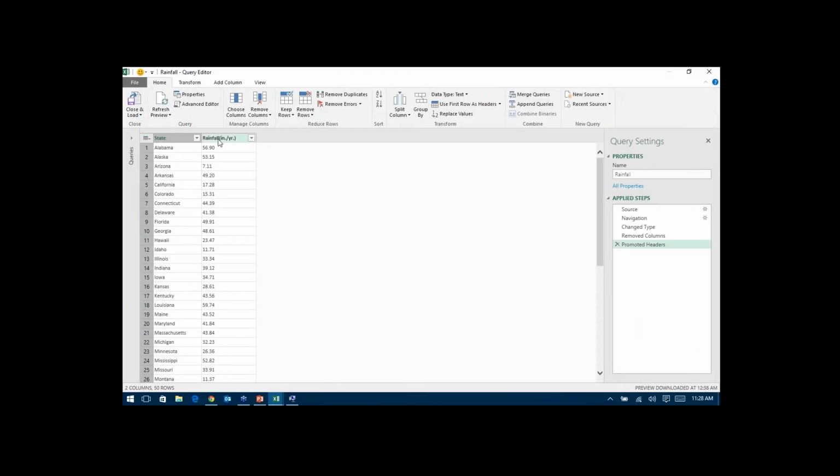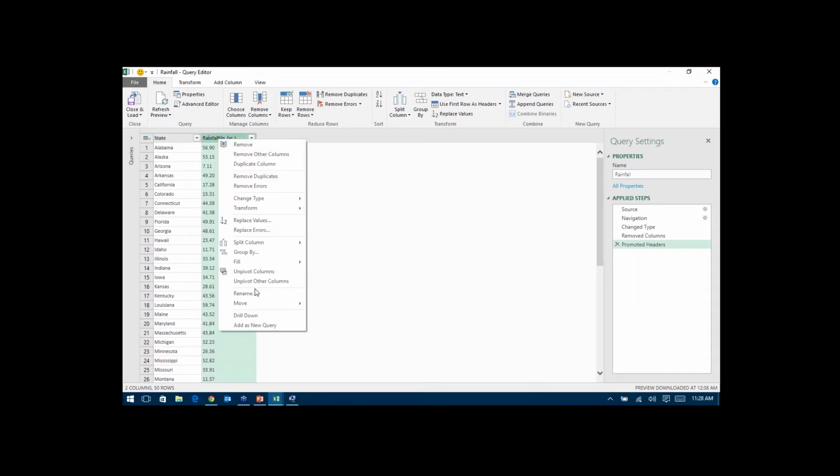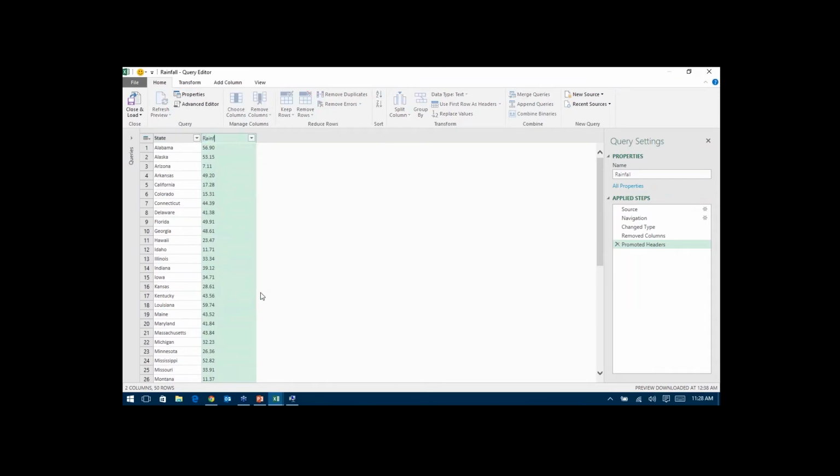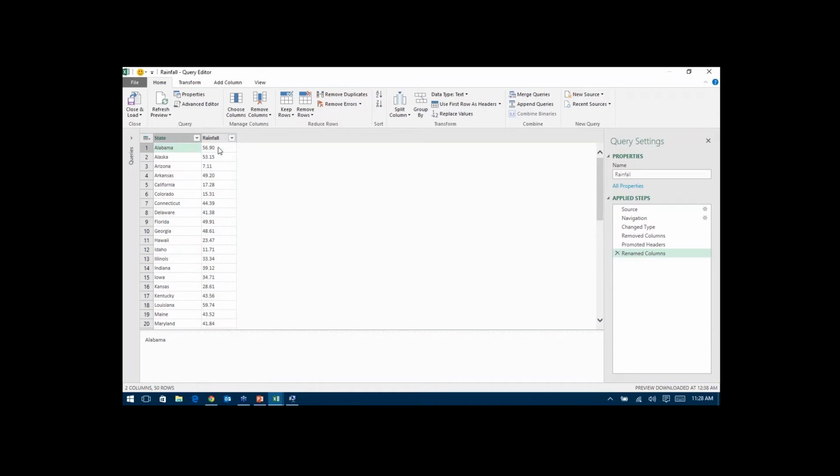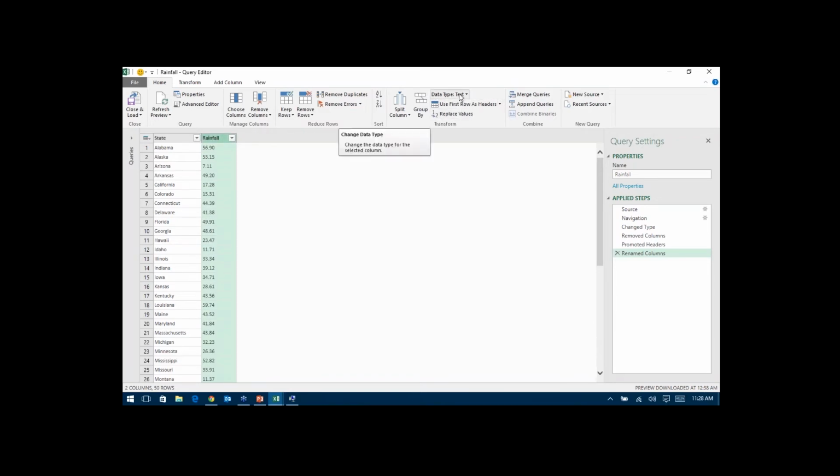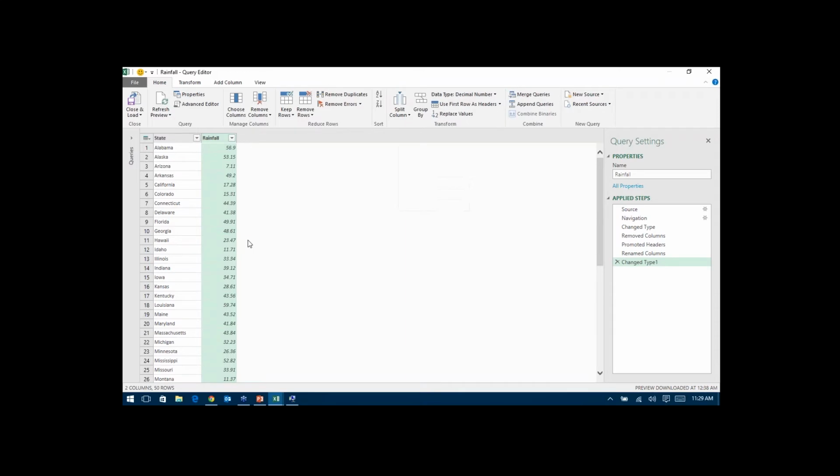The next thing I'm going to do is I'm actually going to rename this column here. I'm just going to right-click and do rename, and I'm just going to call this one rainfall. So I don't want all the ridiculous parentheses and all that stuff in there. Okay. And the last thing I'm going to do, you'll notice that the data, much like in Excel, my text values are going to be left aligned. And so since this is left aligned here, note this is a text value, I can also click over here on my ribbon, and you'll see the data type up here at the top. So if I need to change this data type for any reason, I can click that drop down and I can say that I want this to be a decimal number instead. So there you'll see it right aligns that data, indicating that's a numeric value, and it adds a step over here for change type. Okay.